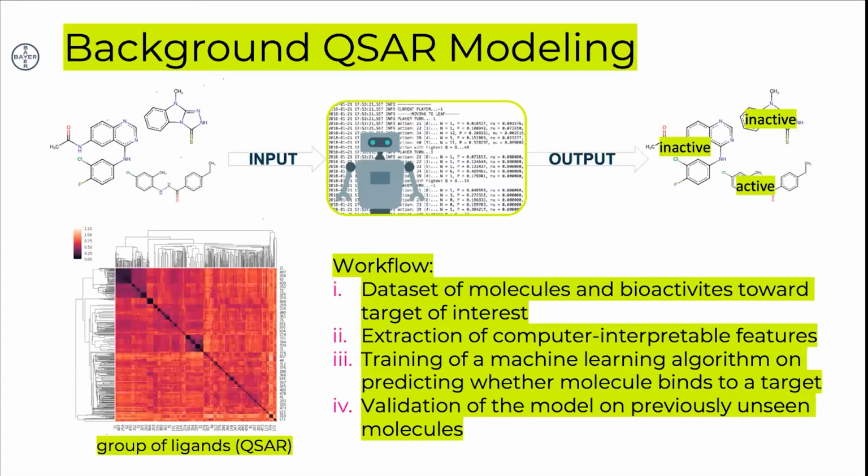All this work exploits always the same principle. If you have 2 compounds and they are very close together in the chemical space, so they share a high similarity, then it's very likely that the second compound is also doing the same as the first one. Therefore, all these QSAR processes start with the same workflow. You collect the data set of molecules and bioactivities that are of interest. Then you extract some computer interpretable features from the ligands, the chemicals. Then you can train whatever kind of machine learning algorithm to predict if a molecule binds to a target or not. And then, of course, you have to validate in the proper way.